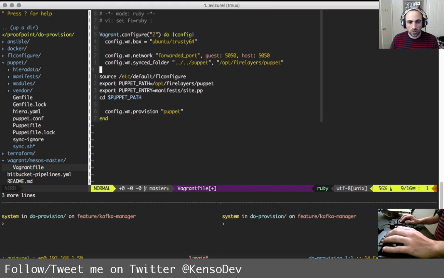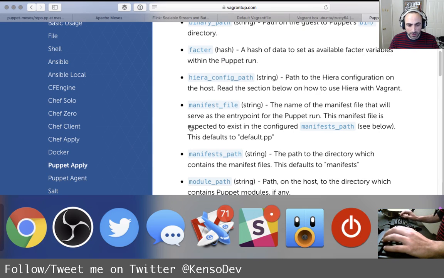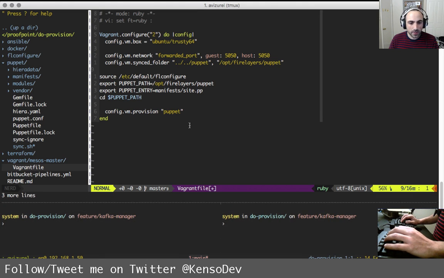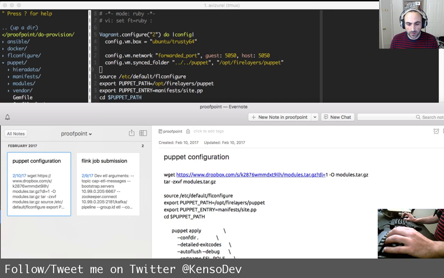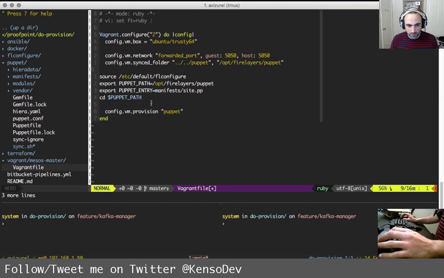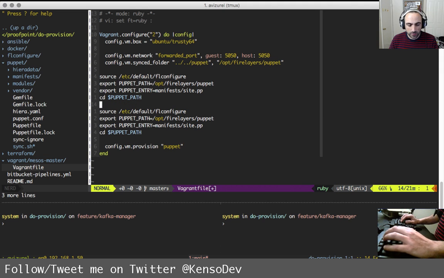The etc default fl configure, I think it's a role. So let's see what we need here. This is what we need for the apply. Let's paste that in. Oops, I didn't copy it correctly.